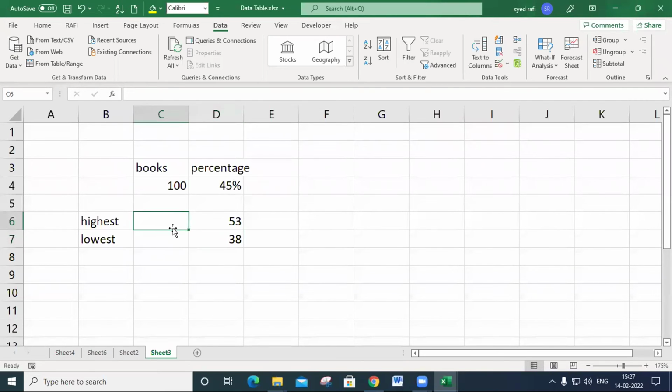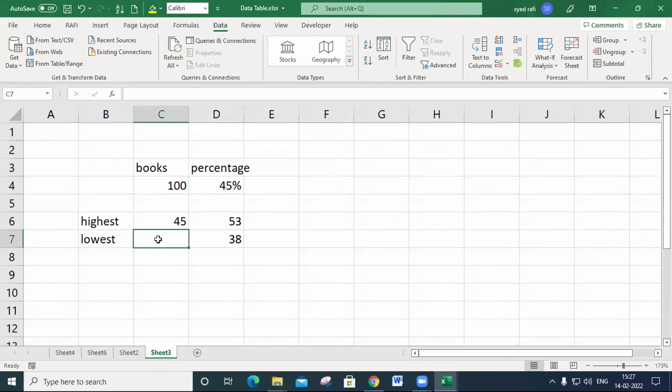So how do we get how many books we sold at the highest price? Equal to 100 into 45%. We get this answer. It means out of 100 books, 45% I sold at the highest price, meaning 45 books I sold for 53 rupees. What about the remaining books?